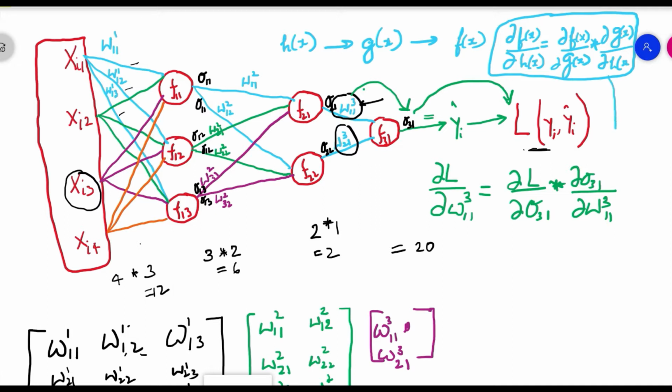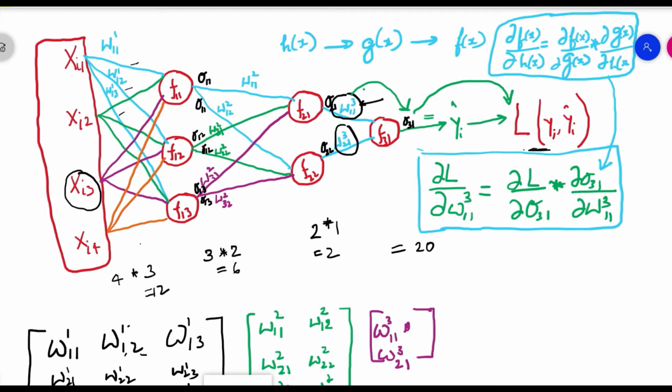So using this chain rule of differentiation, we have found out that the rate of change of loss with respect to weight W311, that is the weight over here, is equal to the rate of change of loss first with respect to the output obtained here from function 31, third layer first function, and that output again differentiated with respect to the weight W311. So this is the first weight that we have found in this area, and in this region we have two weights that we need to identify.